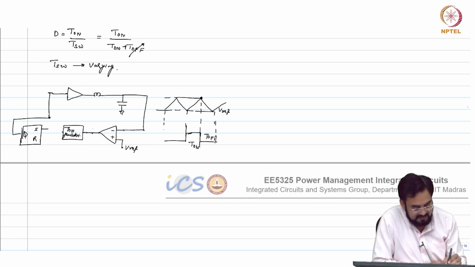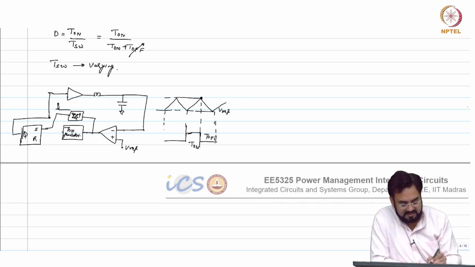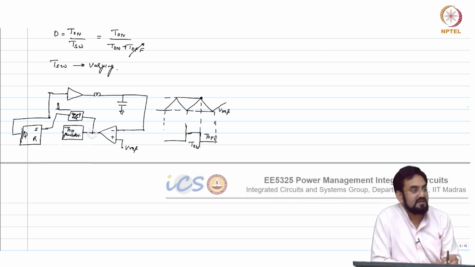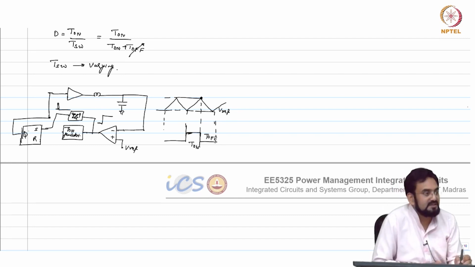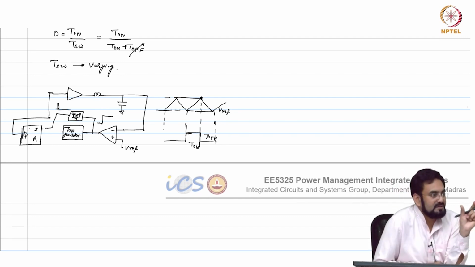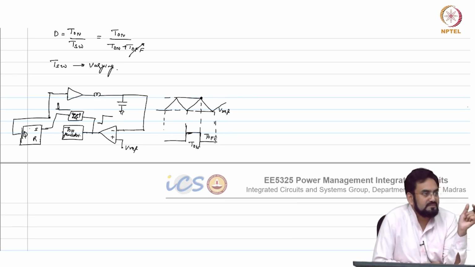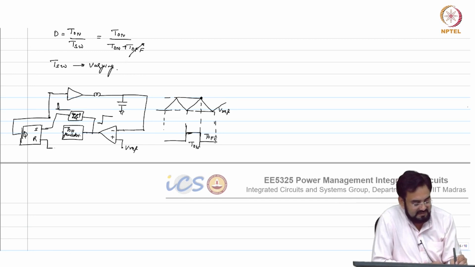So if I set it at negative edge of this, this is your edge detector. So we are setting here. When this goes below, this will give 1. Okay, and you set, and then now you want to reset at what? So where will this reset come? This reset will come from this T on generator. So I will put another edge detector here.